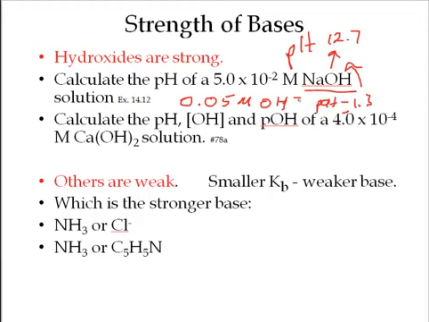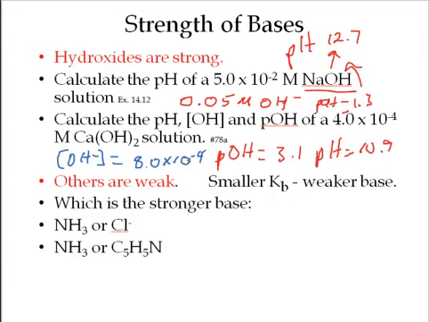Calculate the pH, the OH, and the pOH of that concentration molar calcium hydroxide. Go ahead and do that problem right now, and I'll write the answers and see if you get it. All right, so is that what you got? Now, of course, on this problem, the main challenge is dealing with the fact that you've got two hydroxides right there, right? So to get that concentration, I just doubled this. And so that was the only sticking point.